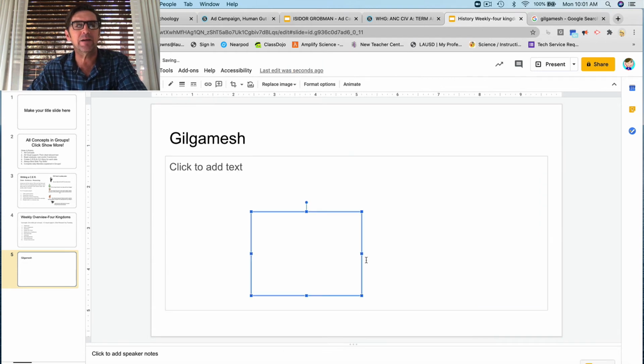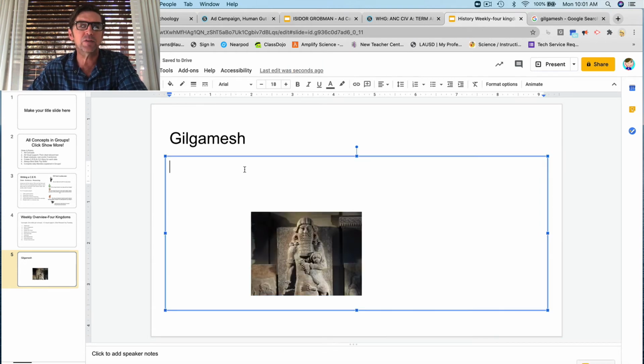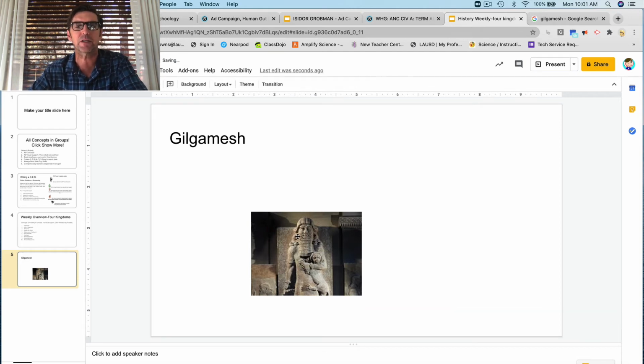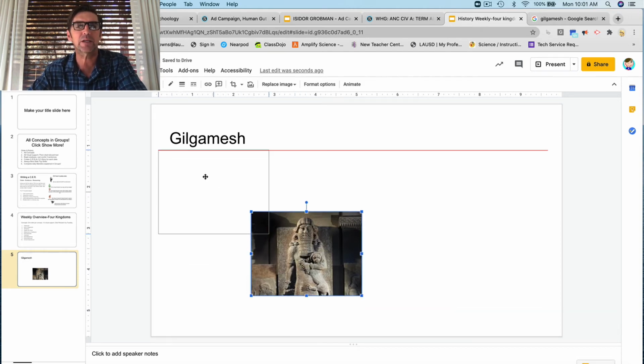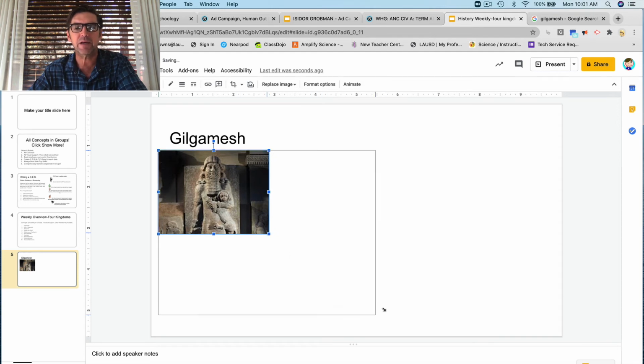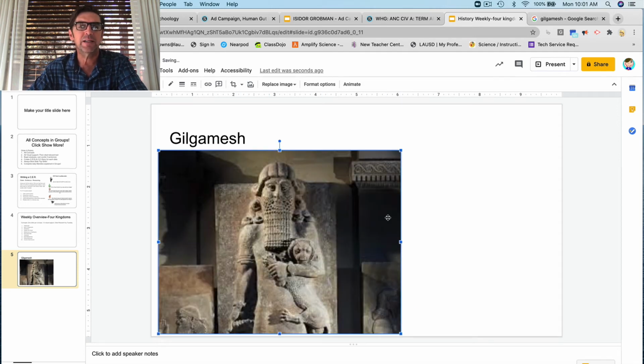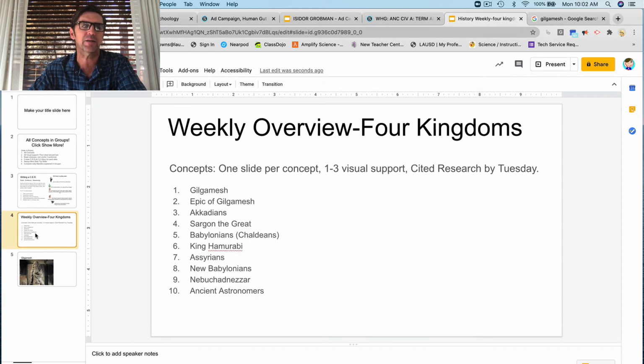I put that in here, and when you have a slide that shows like that, if you click delete, it gets rid of it, because we don't want that right now. Then I come to here, and now I've got a nice, great image. Now at this point, I have choices. I can start doing images for the next concept. Create a slide, type in Epic of Gilgamesh, and go all the way to 10, which is what I advise to do. So let's do that